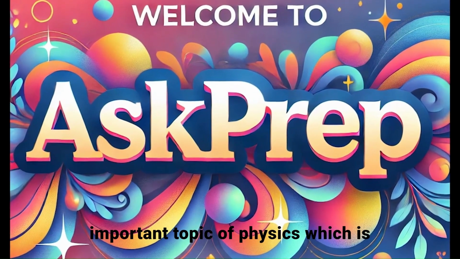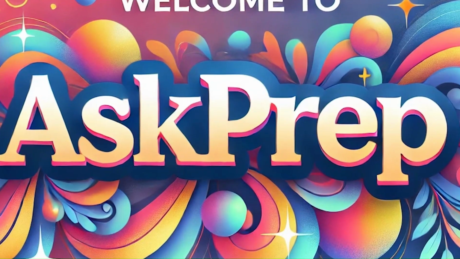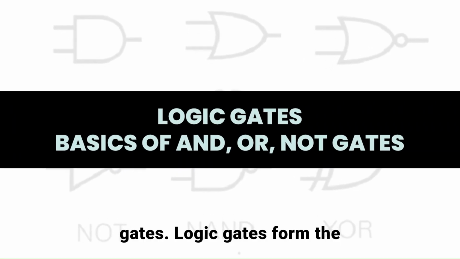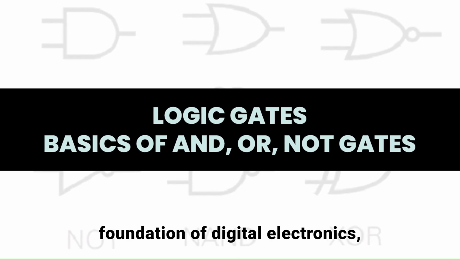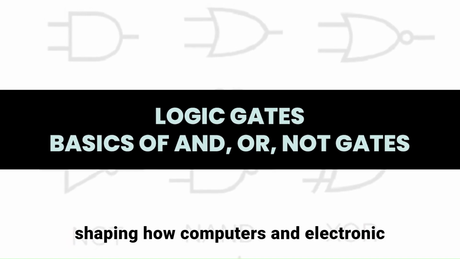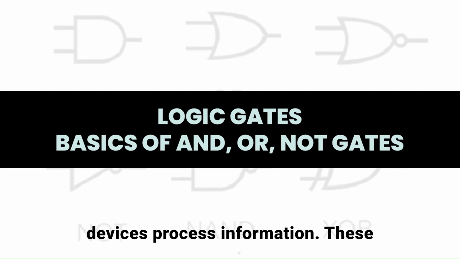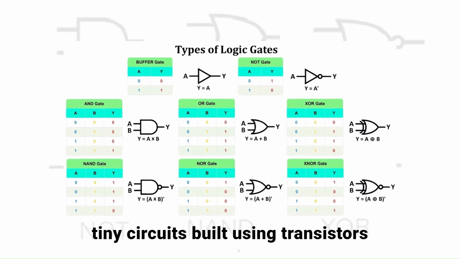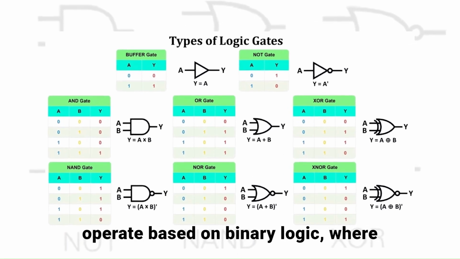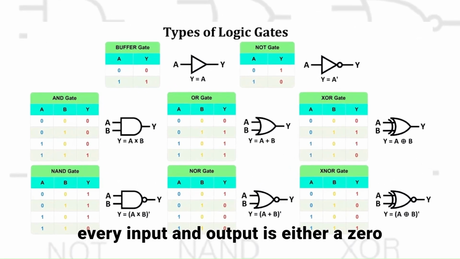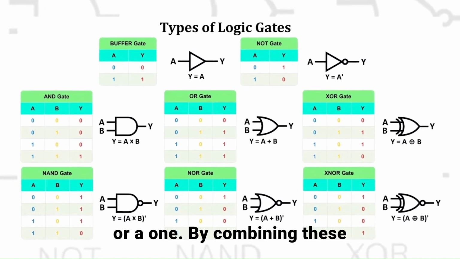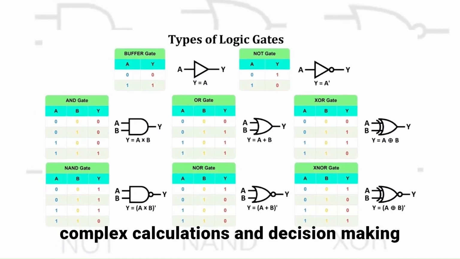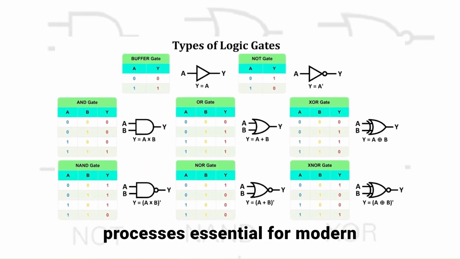Today we will study a very important topic of physics, which is logic gates, basics of AND, OR, NOT gates. Logic gates form the foundation of digital electronics, shaping how computers and electronic devices process information. These tiny circuits, built using transistors, operate based on binary logic, where every input and output is either a 0 or a 1. By combining these gates in different ways, we can perform complex calculations and decision-making processes essential for